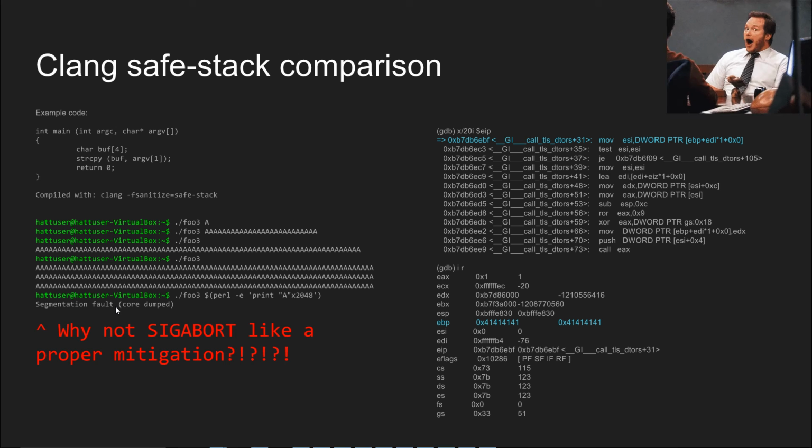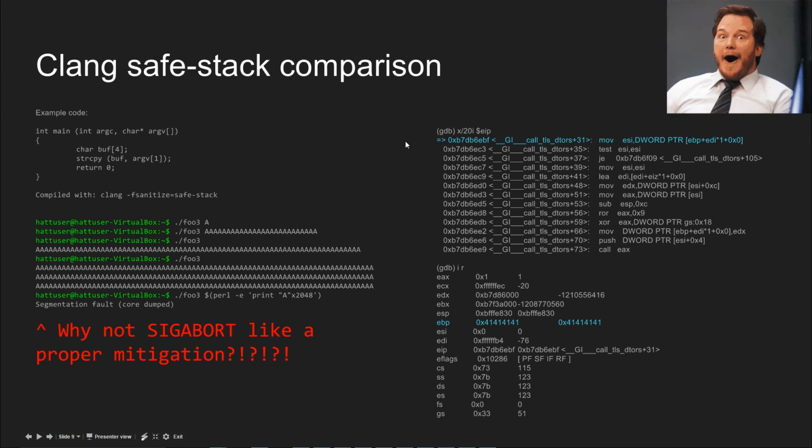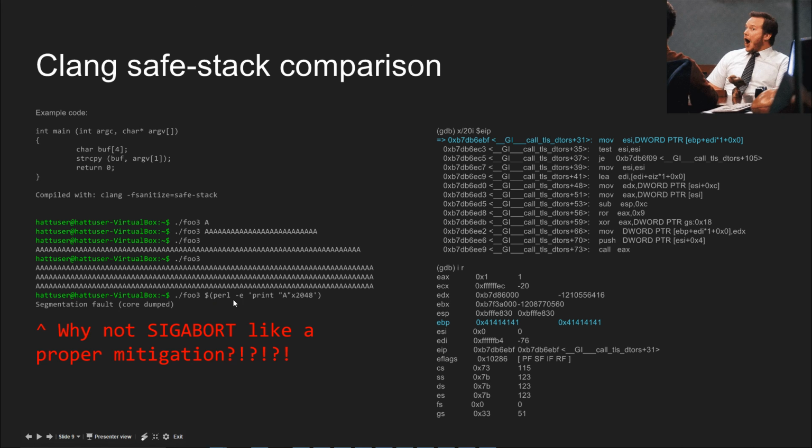Exploit mitigation should never segfault. At worst, it should SIGABRT. This is how proper mitigations work. So there's something extremely wrong here. I decided to break out GDB. I basically ran it with run $(perl ...), this whole statement, and it breaks then at the segfault,